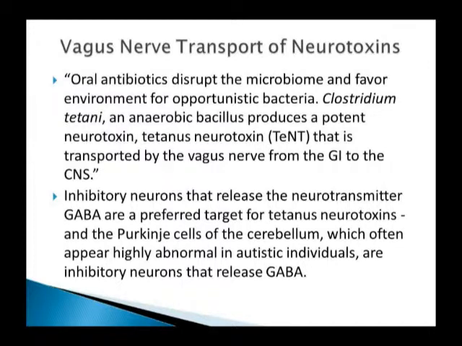Now, I don't have any proof that other Clostridia are doing this, but we've got a situation that's been documented that Clostridium tetani, the tetanus neurotoxin, can be taken directly from the vagus nerve. By the way, 80% of the vagus nerve's function is what's called afferent, which means it's taking information from the peripheral system and bringing it back into the central nervous system. If tetanus neurotoxin is doing it, is it plausible that other toxins from Clostridia could be doing the same thing? Certainly a place to look for research.